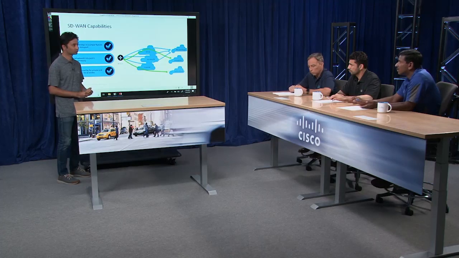One question with the MPLS and the internet. With the MPLS, there is a guaranteed availability, right? But with internet, there is nothing like that. If it's available, it's available. There is no guarantee to that. How do you ensure the applications stay active or alive with the internet as a transport?